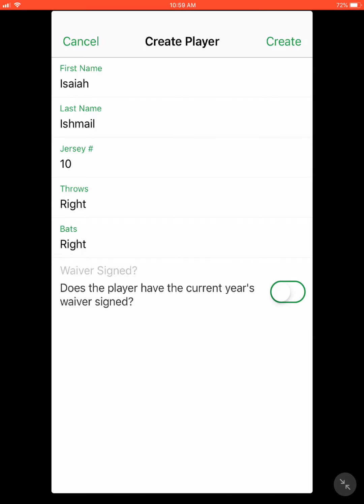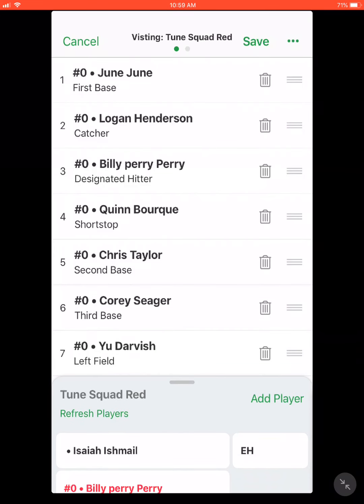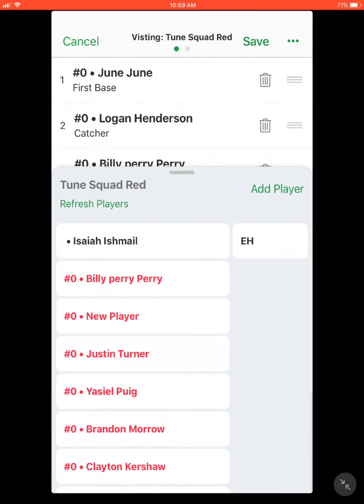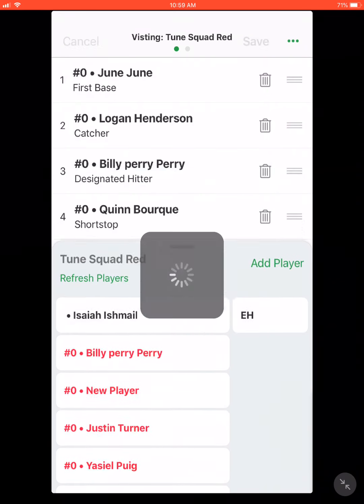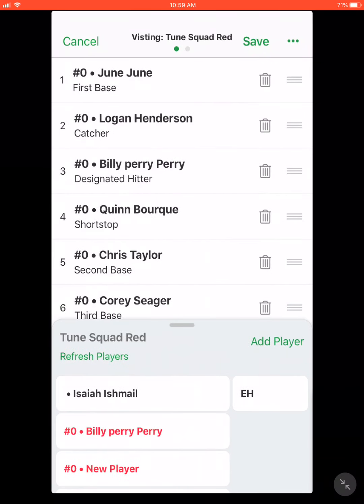And always make sure where it says waiver signed, does the player have a current year's waiver signed? Click the button, make sure it is always green. You then can create the player. Player created, you could go back and press cancel. As you can see, I've been added to the roster, but you cannot see my number yet. So from there, you are going to press save, and then slide back over, click on me,